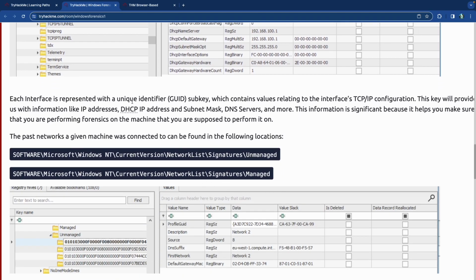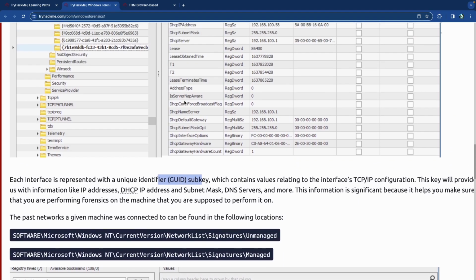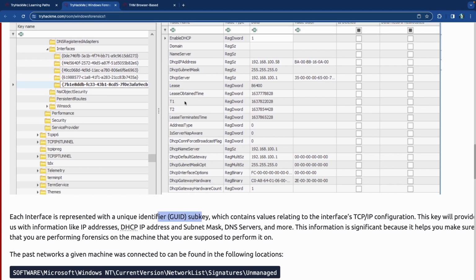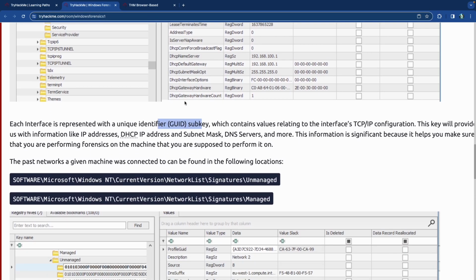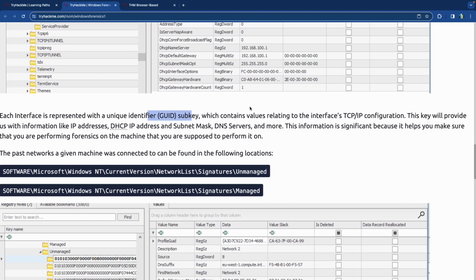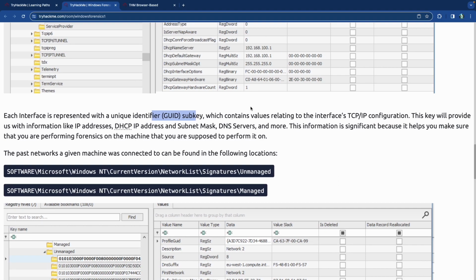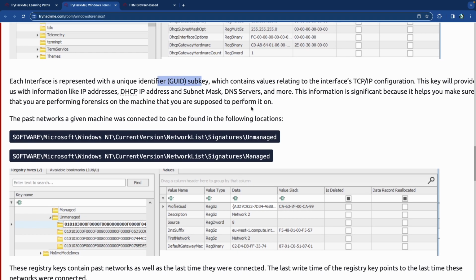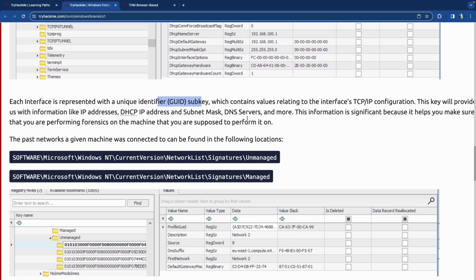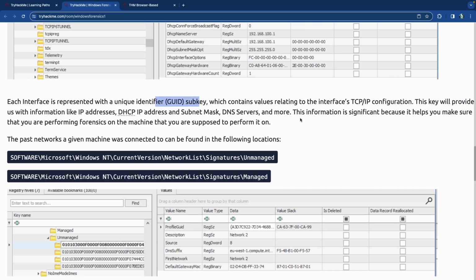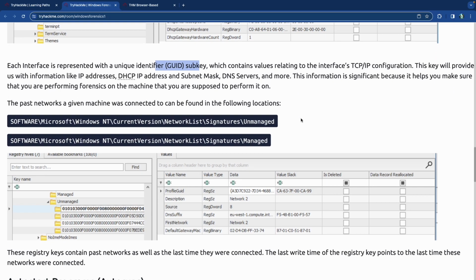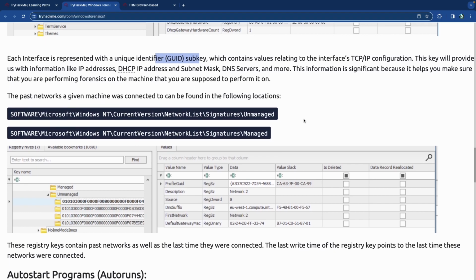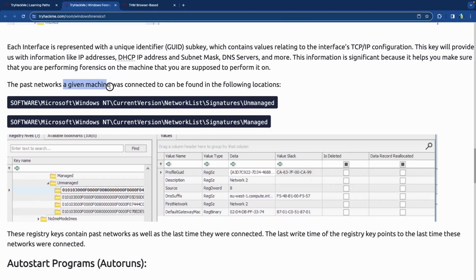Each interface is represented with a unique identifier, the GUID, which does not show in this screenshot, and contains values related to the interface's TCP/IP configuration. This key will provide information like IP addresses, DHCP IP, subnet mask, DNS servers, and so on. It's significant because it helps you make sure that you are performing forensics on the machine that you are supposed to be performing on. And the past networks